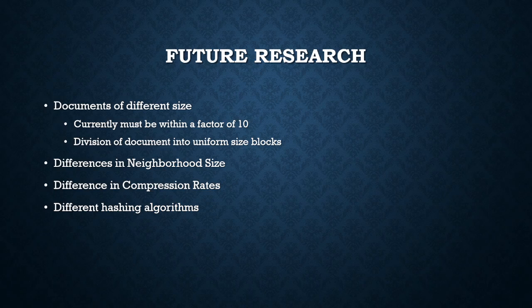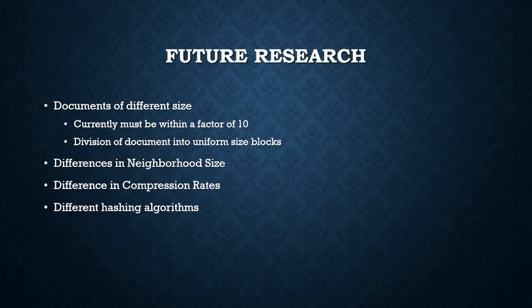So if I have 100 lines in file A, that means I have to have under 1,000 lines in file B. Otherwise, it just doesn't make sense. One of the ways they were proposing to combat this was to take the larger file, break it up into